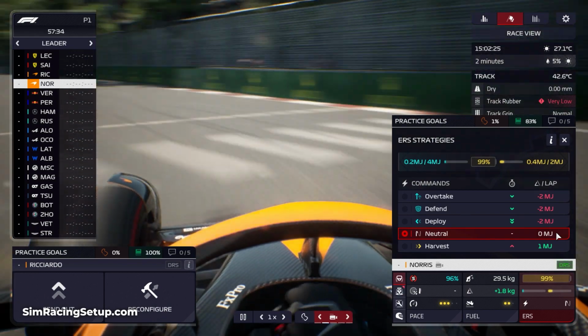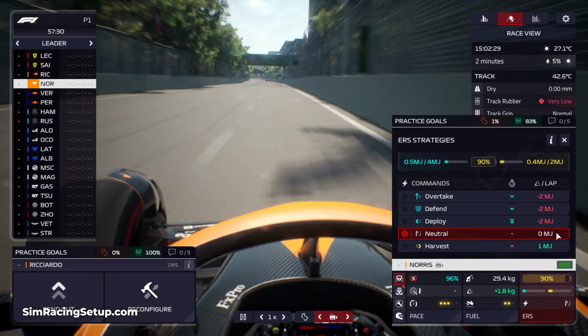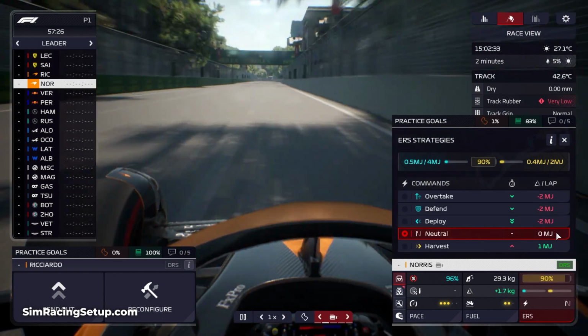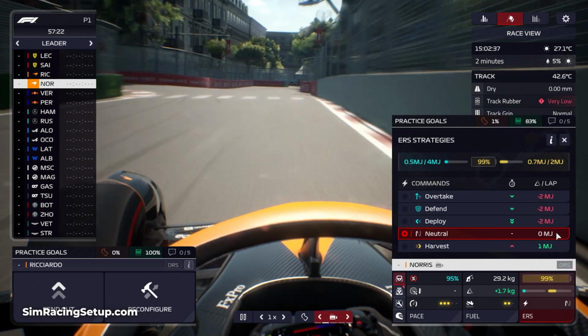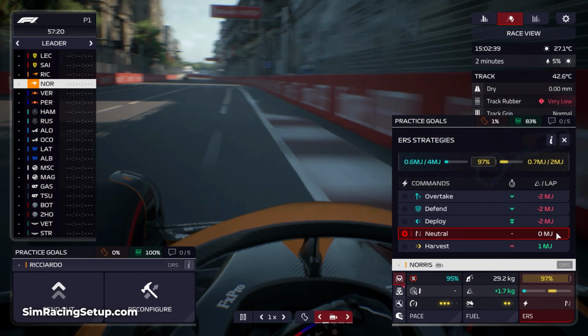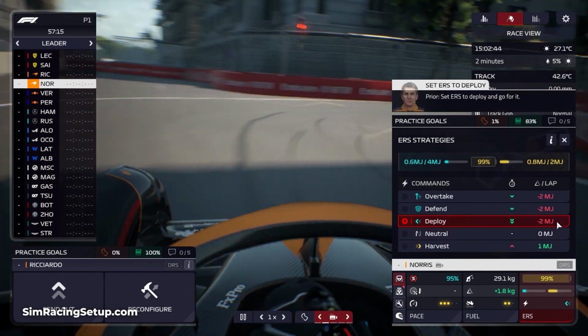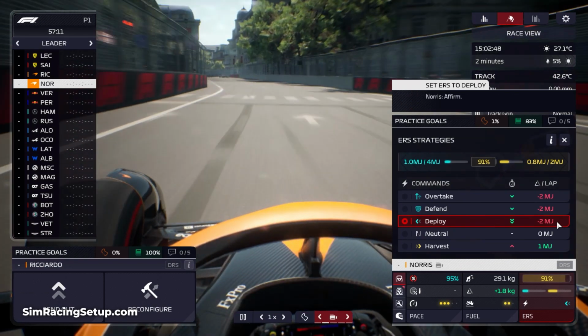Why do the Overtake, Defend and Deploy all use the same amount of ERS but they're not as fast as each other, and how does this exactly work? And to be fair, it confused me when I first jumped into F1 Manager 22. So let's take a look at the deployment modes and just see how each one affects your driver and how fast they'll be going. So the deploy mode will increase your lap times the most and should be used in